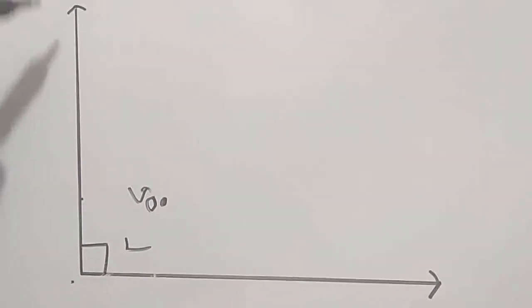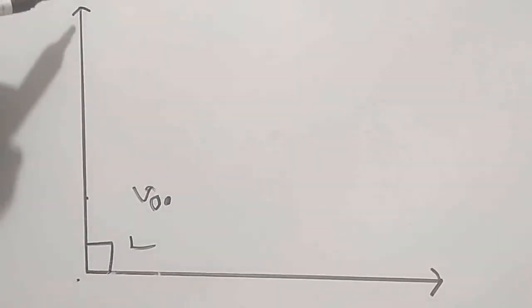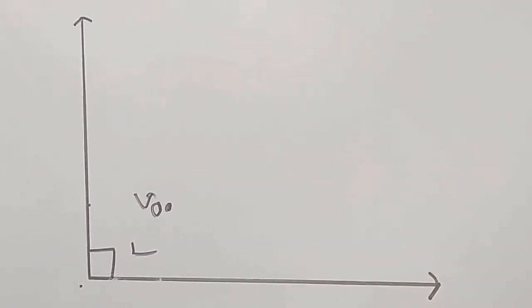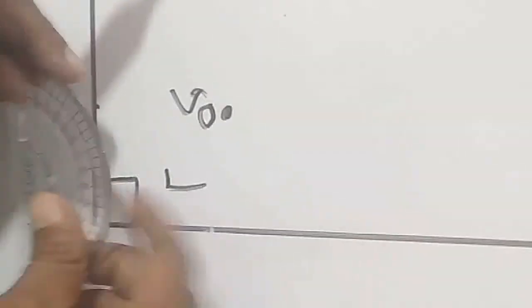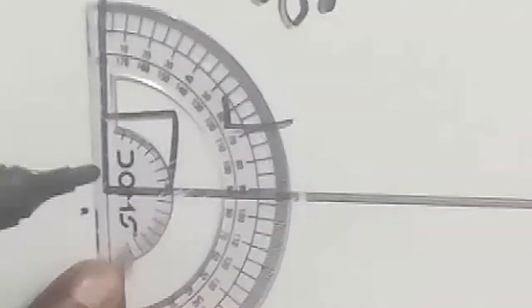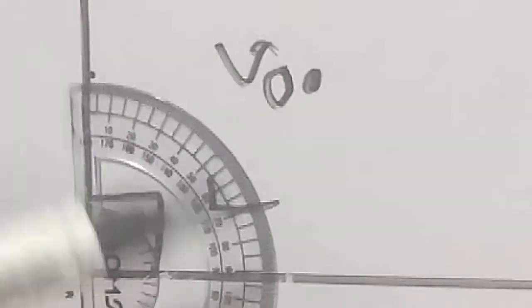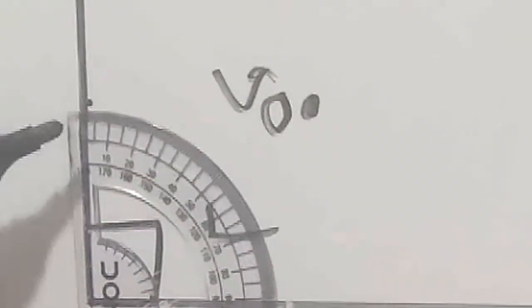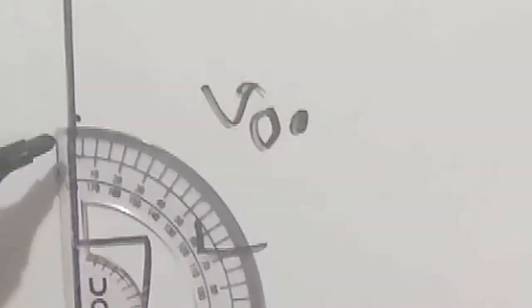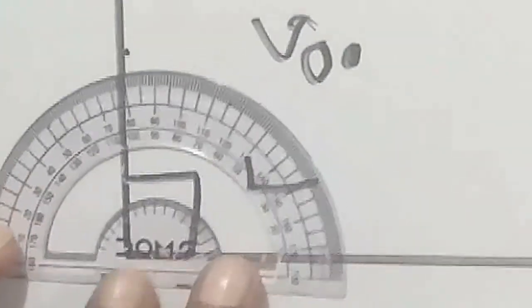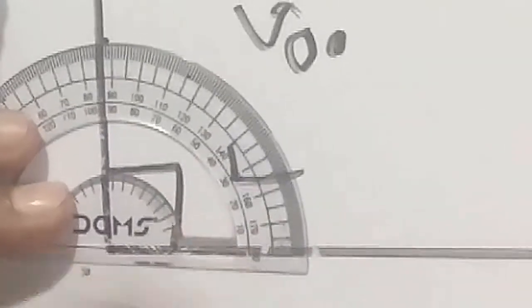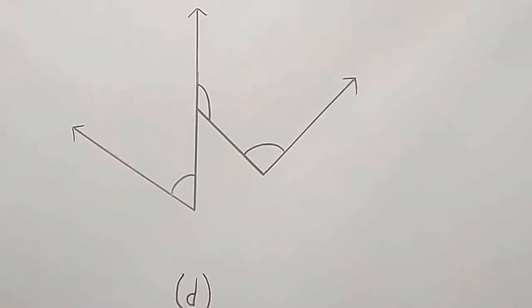We can measure the angle by taking this arm as a baseline like this. And then again the reading is the same, 90 degree. This is the baseline, and we always start reading the scale from the baseline side. If we take the baseline on this side, then we start reading 0 of the protractor from this side. If we are taking this side as the baseline, then we start reading from there.